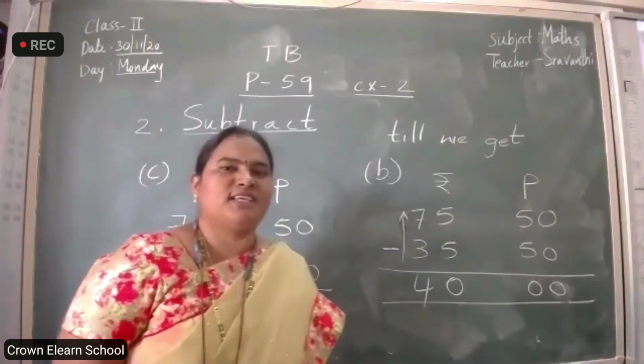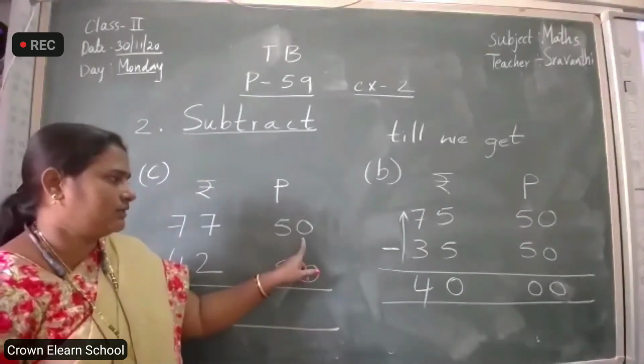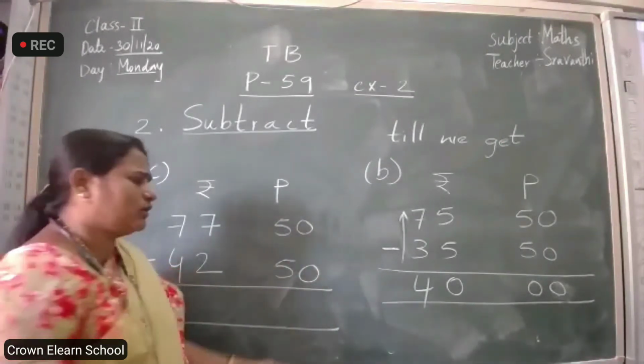Oh, these are so easy, ma. The same rules. 0, 0. What do you get? Nothing. 0 means nothing. Here also nothing. The answer will also be nothing only. 0 only.